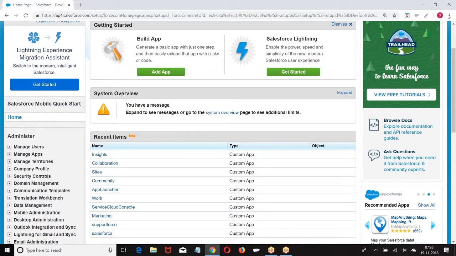When I say advanced formula, it will take data from the record, its parent record, the parent record's parent record, and so on. I can write a complex rule to calculate the value, using data from my record and its parent records. We also have some advanced predefined functions: date function, string function, mathematical function. By using these functions, we calculate the value. Simple formula, advanced formula, any formula that you write, let me show you.